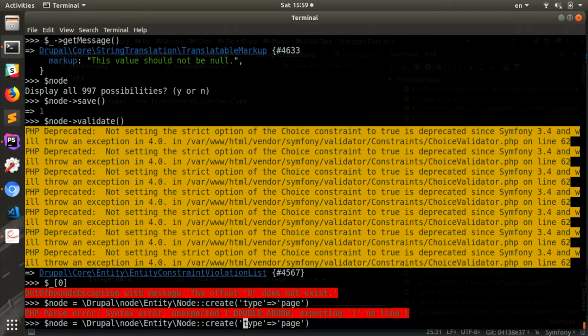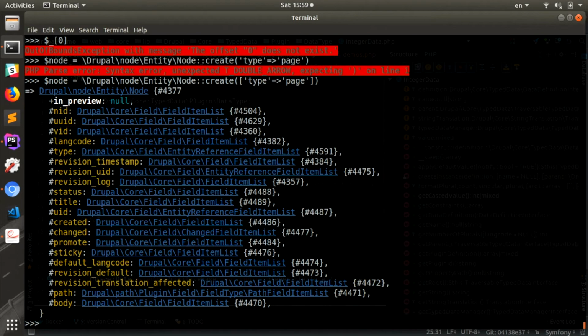Oh. Professional coder at work. Okay, so now I have a node with just a type. And if I save it,